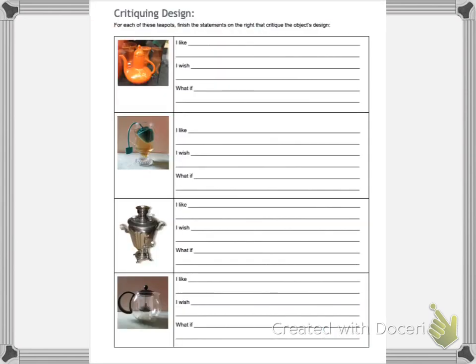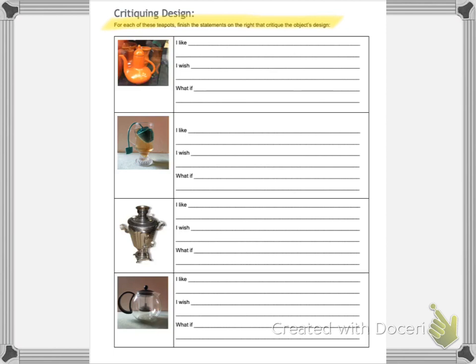Now the back side of this worksheet, let's read through the directions. It says, for each of these teapots, finish the statements on the right that critique the object's design. So, for the first teapot, the one in orange here, it says, I like. And I would say, I